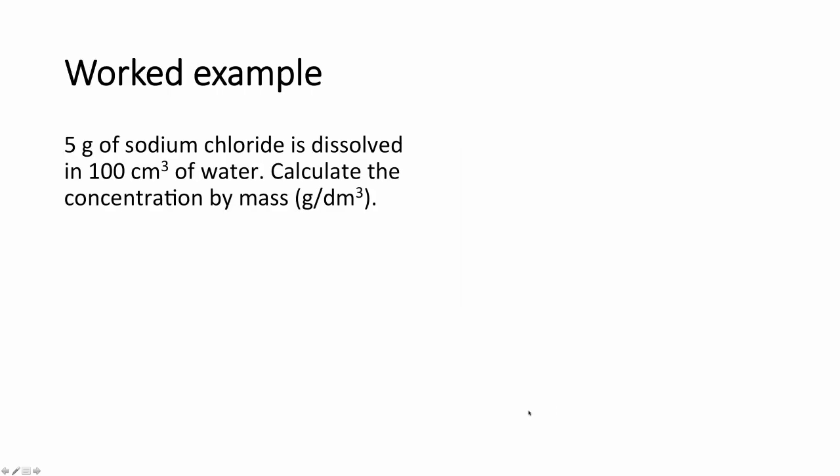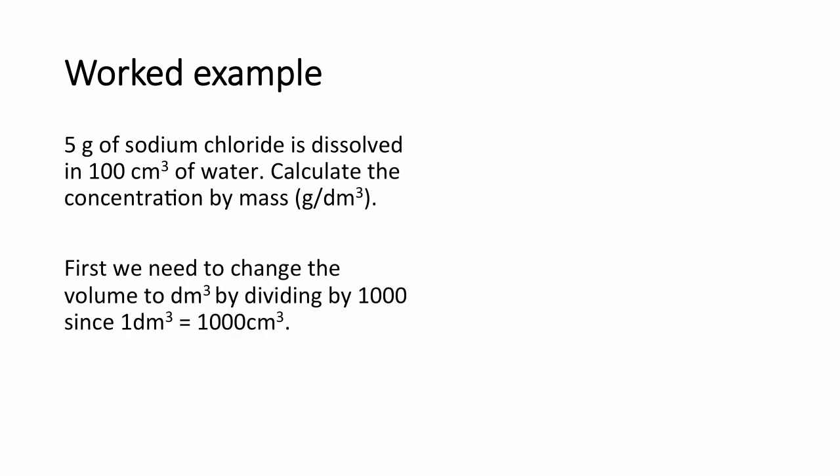If 5 grams of sodium chloride is dissolved in 100 cm cubed of water, calculate the concentration by mass in grams per decimetre cubed. The first thing we need to do is change the volume of water to decimetres cubed, because the question gives it in centimetres cubed. We know that 1 dm cubed equals 1,000 centimetres cubed, or 1 litre equals 1,000 millilitres. Therefore, 100 cm cubed divided by 1,000 is 0.1